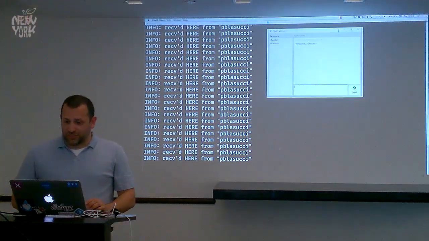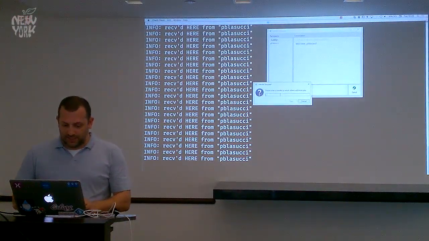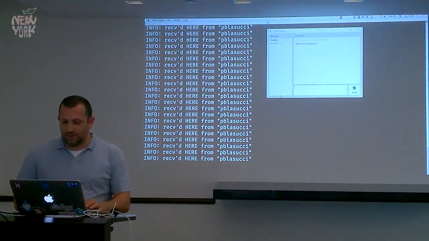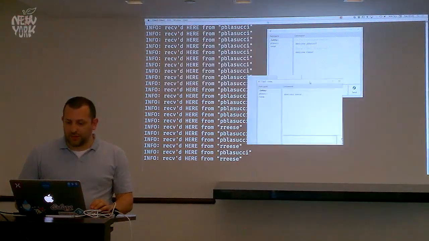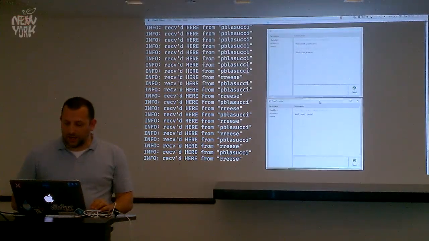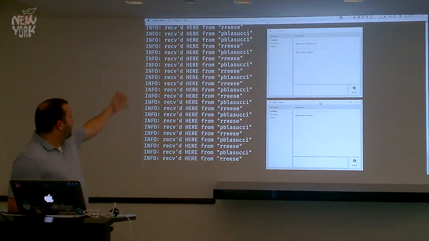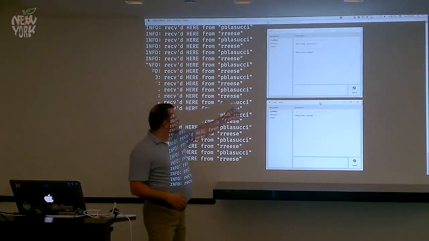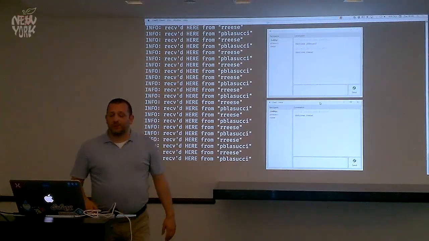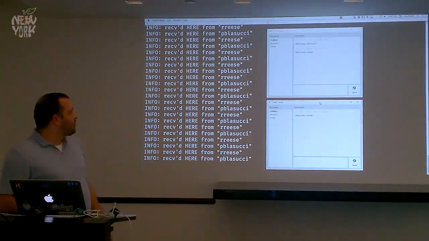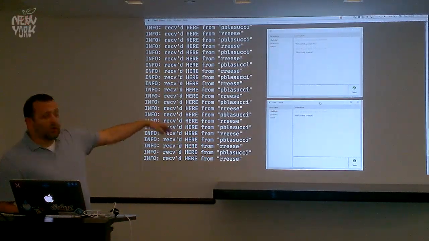Maybe not terribly interesting because it's just one client, but if we add a second client, now things get a bit more interesting. You can see a couple of things happening now. One, I've got 2 clients, so I'm getting multiple handles back in my list. I'm displaying my list on the left here. 2, you'll notice we've got these welcome messages.